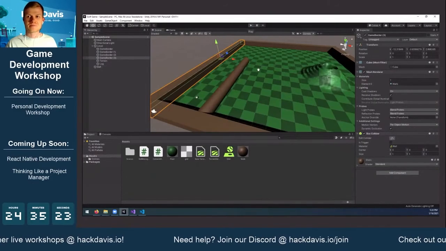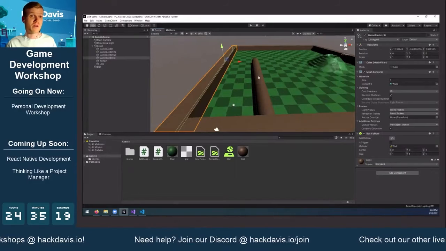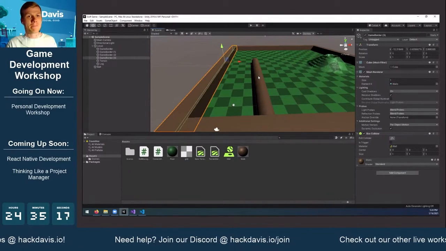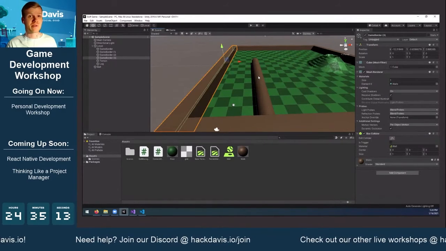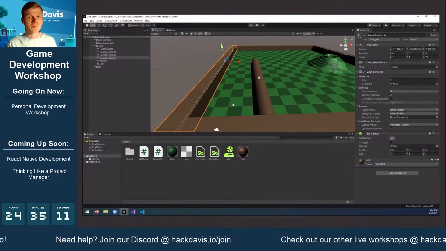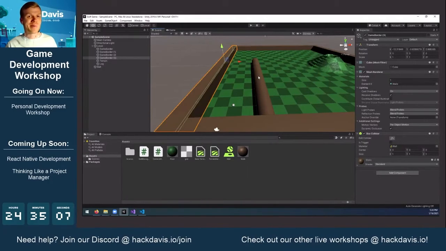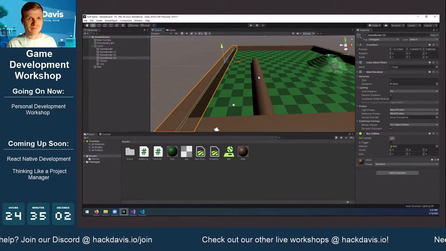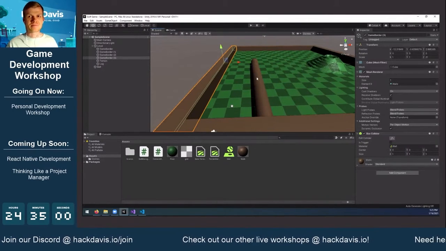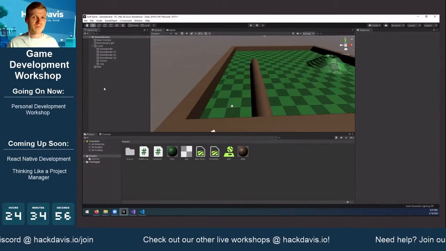So now we want to actually be able to adjust the power of the ball. Instead of just having the set max power every shot, we want to be able to adjust it through some UI thing. The UI system in Unity is kind of complex. There's a lot of things you can really dive into, but we're just going to create something super simple today to do that. So for our purposes, in the hierarchy, let's right-click